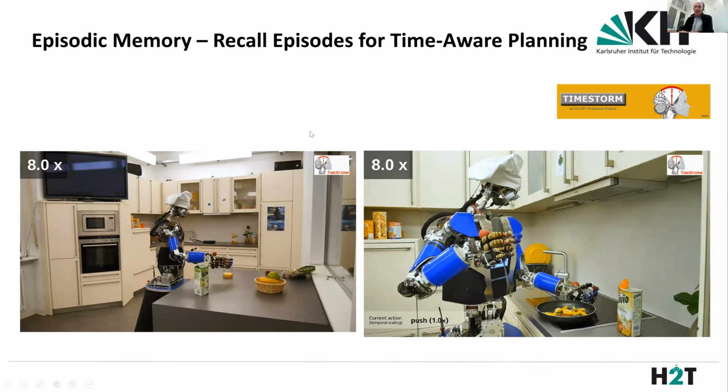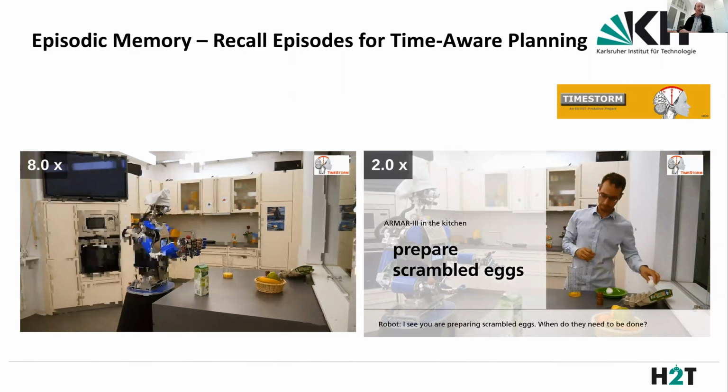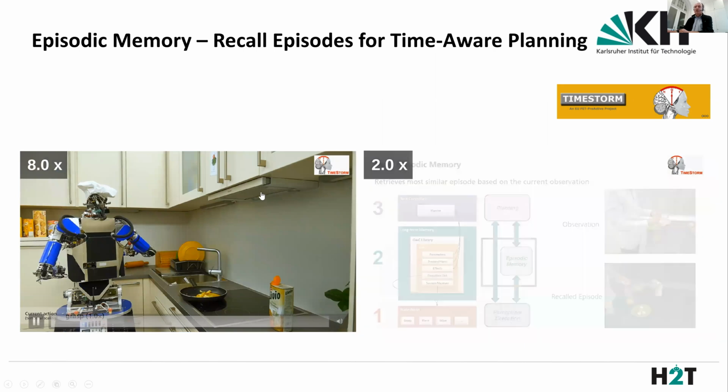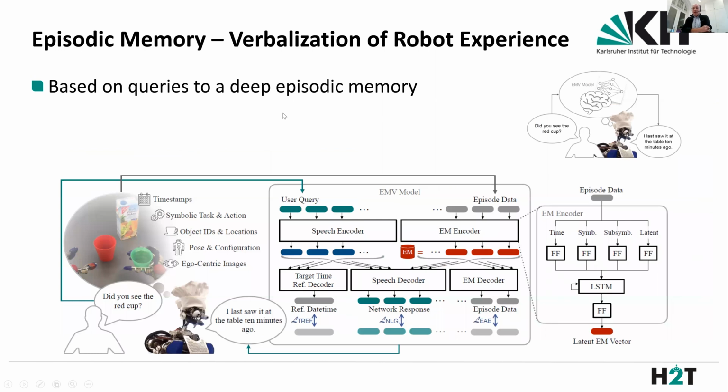I believe this is crucial, these episodic memories for robots, for a cognitive architecture of a robot, for any assistant robot actually, which should interact with the human. And in this example, we are only using visual experience, visual action experience. And recently, we extended this work by combining subsymbolic information like visual information, like speech information, with symbolic information about what's actually